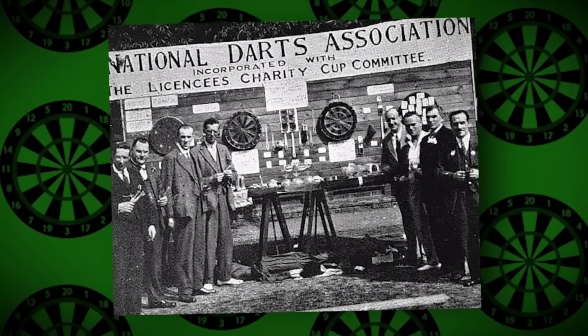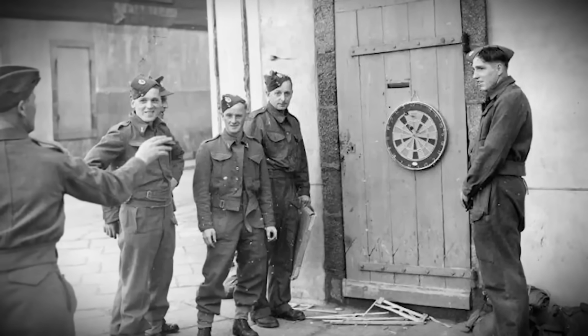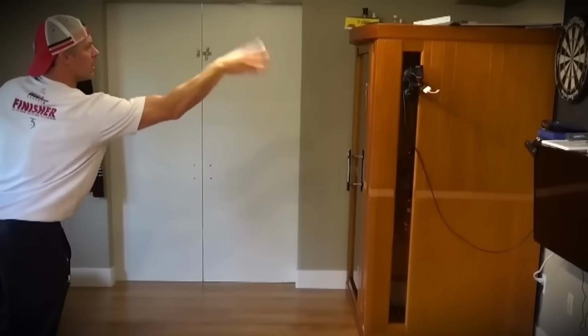But the dartboard is only half the story. Because while the boards got sharper, faster, and more forgiving, the players, the throws, and the entire game of darts evolved alongside them. If you want to see how the players, the strategies, and the sport itself transformed over time,